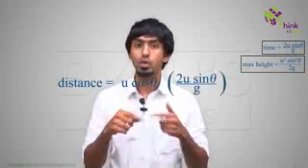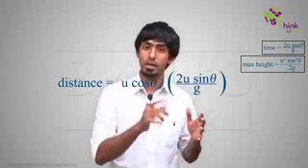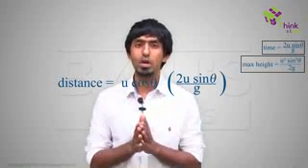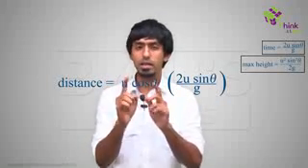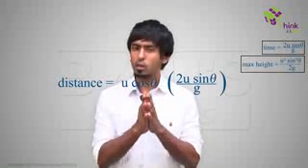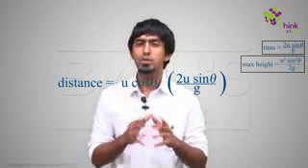What's your time? You already have it, right? u sin theta by g. Twice of that, so 2u sin theta by g for it to go up and come down. So you have the time, you have the velocity. Your answer is going to be just the product of this. Now we can rearrange this, okay, to make it look different. And you'll notice why we're doing that in the next video. So we'll do that over here.